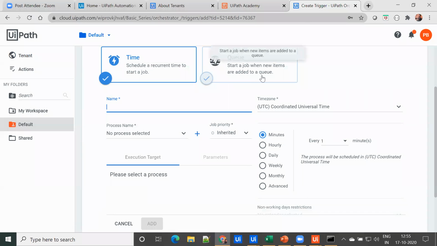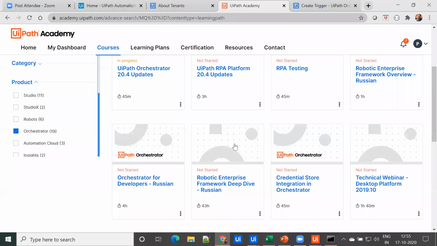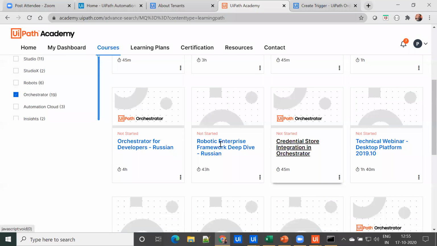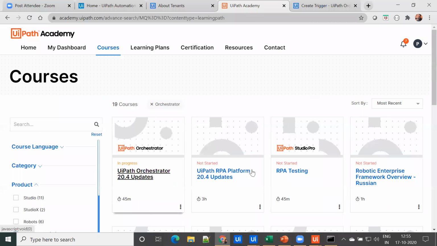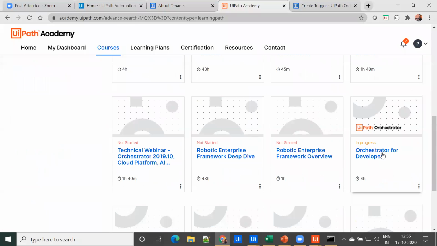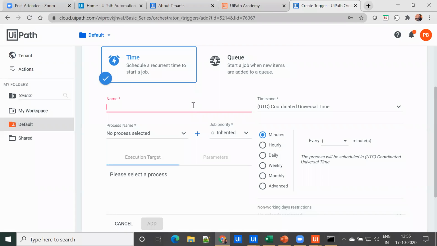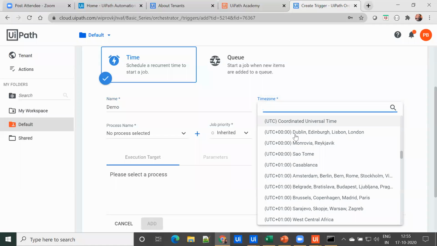So you go to the Academy and go through the UiPath Orchestrator course. You can see that there are a lot of courses related to orchestrator, updates, platform. Okay, then orchestrator for developer, you can go through it. So you'll get to know what is queue and how we can trigger a process when an item got added to queue. So let's give any name, let's say demo, and we can select the time as well.